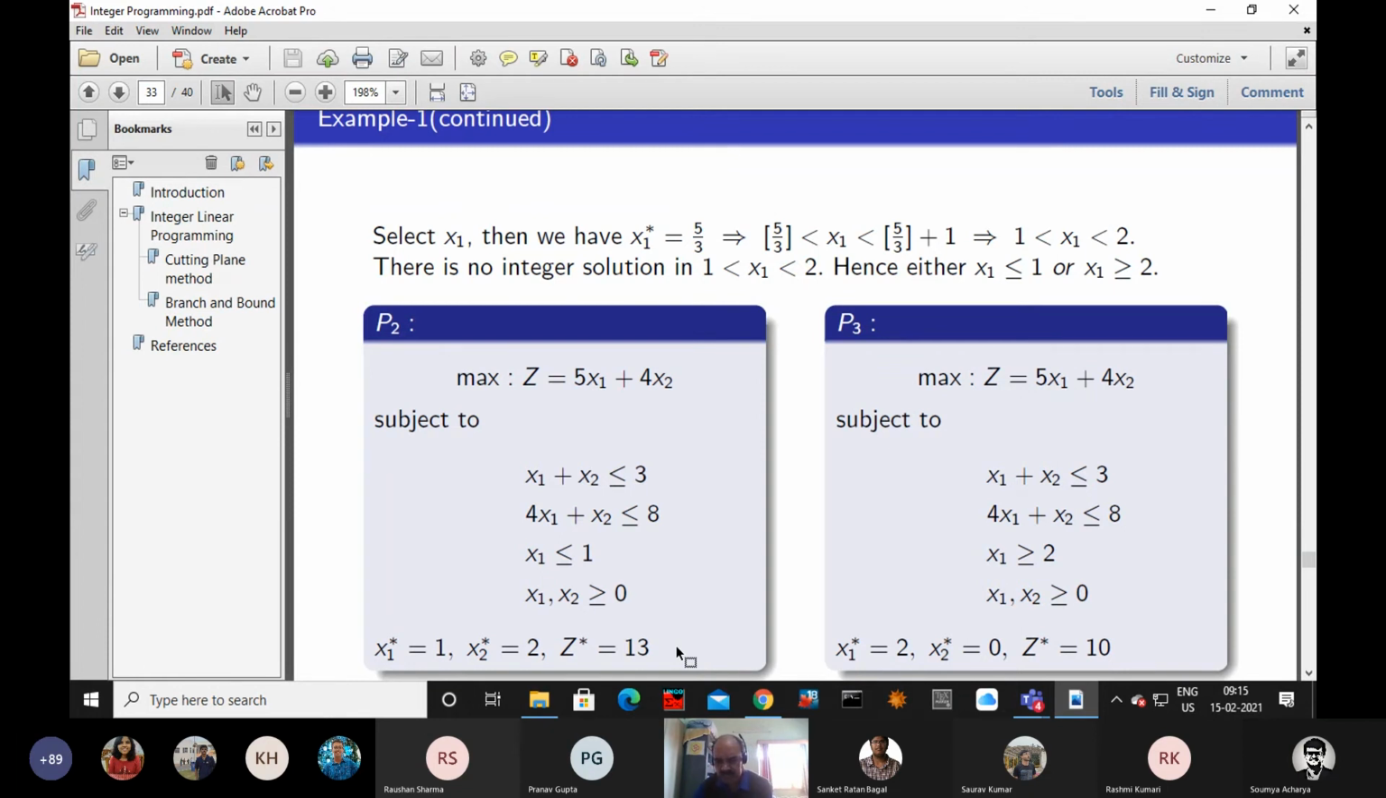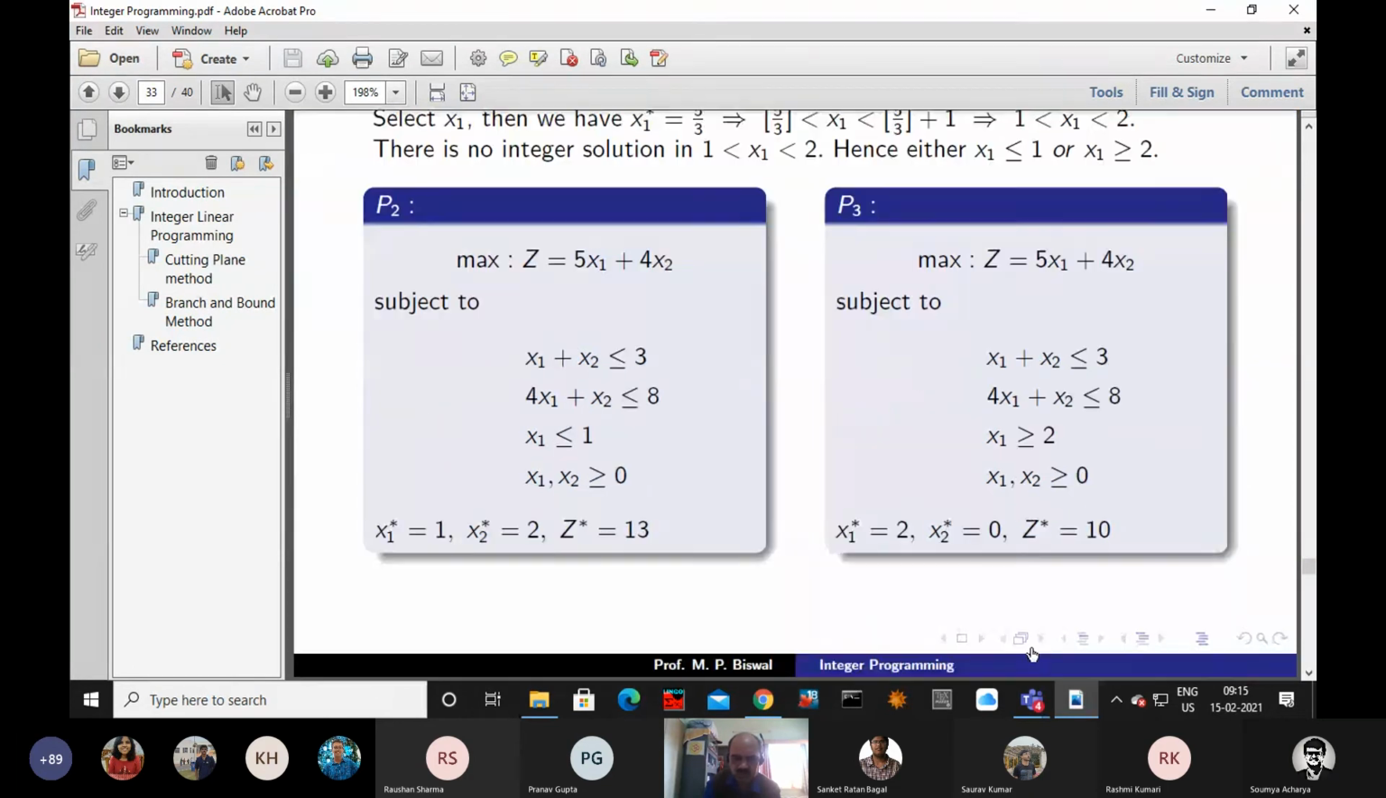When you solve P3, that is also integer, but this is a maximization problem. Which one is better, P2 or P3? That is P2. In case you find one of them is infeasible or unbounded, you forget it. You will not branch or put bounds again. This is gone. So here we find the optimal solution is 13, with x1 equal to 1,